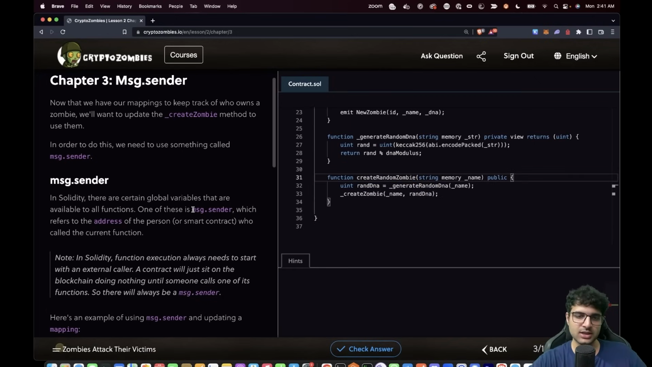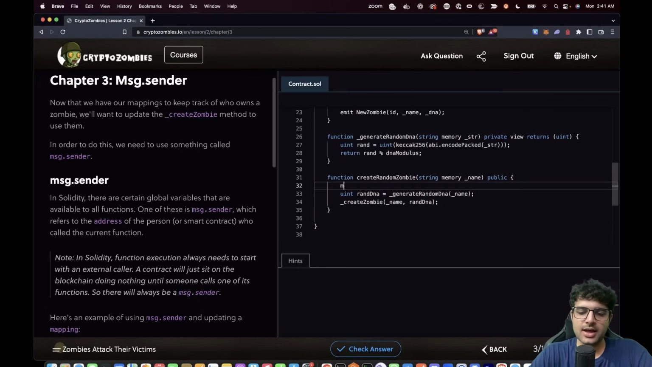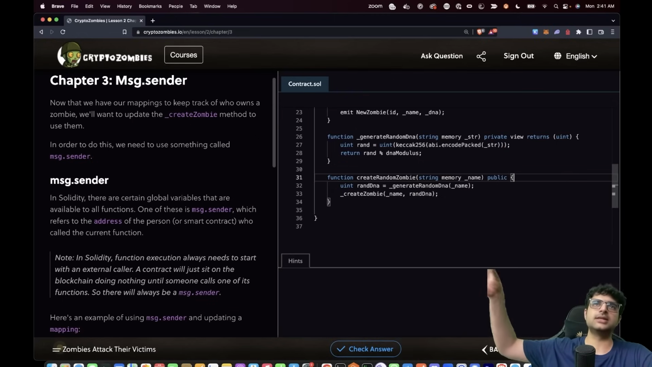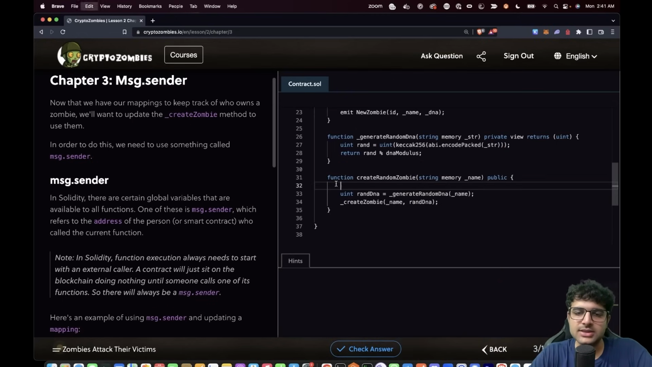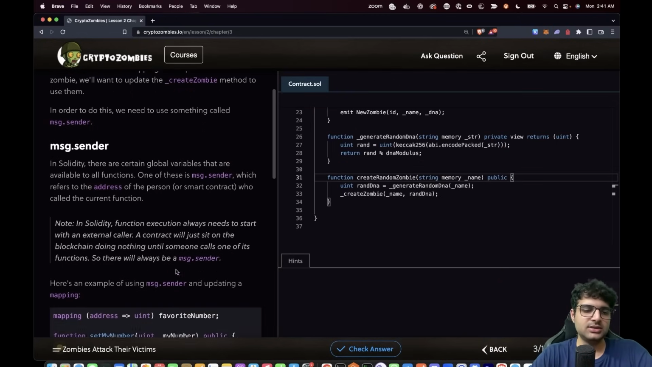And the answer is using msg.sender. So msg is a variable you have access to here. If I just write msg.sender, you get the address of the person who made this function call. Eventually, when this is deployed on the blockchain and someone actually calls it, you simply get the address of the person using msg.sender. Why do we need it? Because